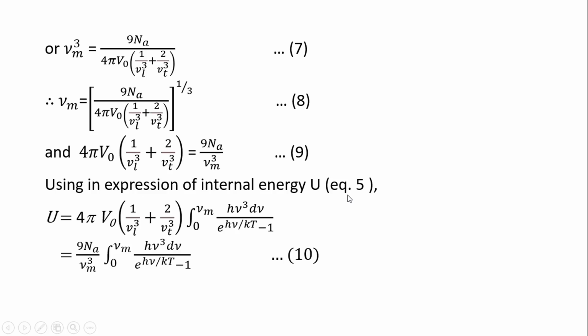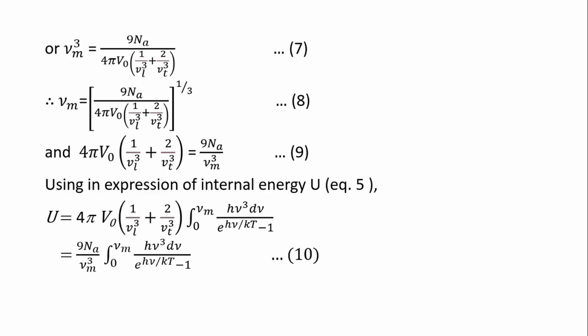After getting these three factors, we will obtain the expression for internal energy of the solid, that is energy of a kilomole of a solid, and that will be simply equal to U into this. After solving the integration, after putting the value of the factor 4 pi V0 in bracket as equal to 9 Na upon nu m cube in this equation of internal energy, we obtain the expression 10 as the final expression for internal energy. Now the only thing that remains is to differentiate this formula for internal energy with respect to temperature, and after differentiating,